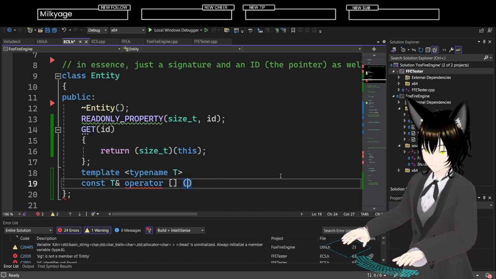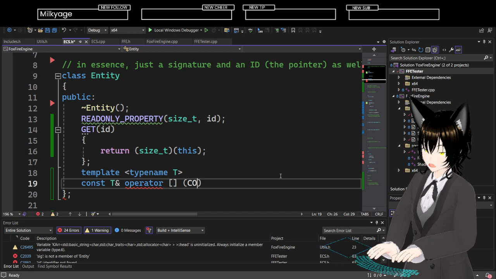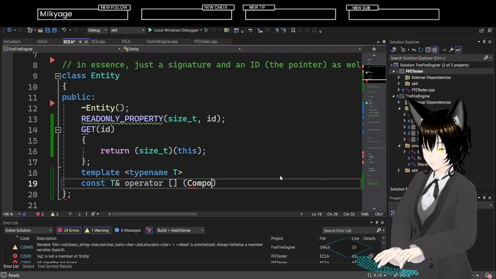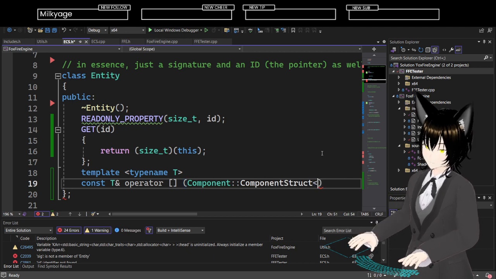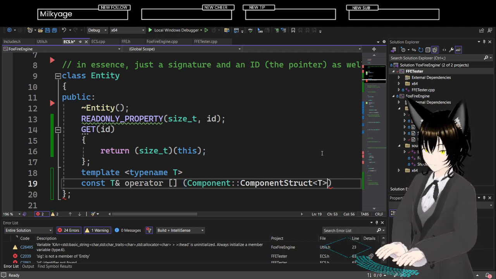Right, yeah. So this is a component struct of type T comp.